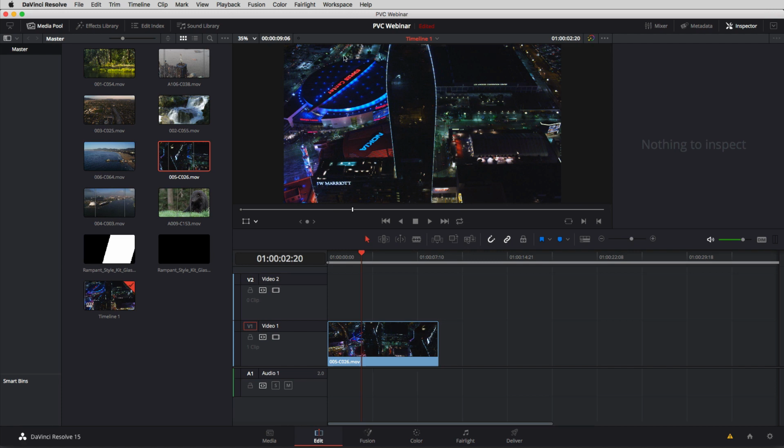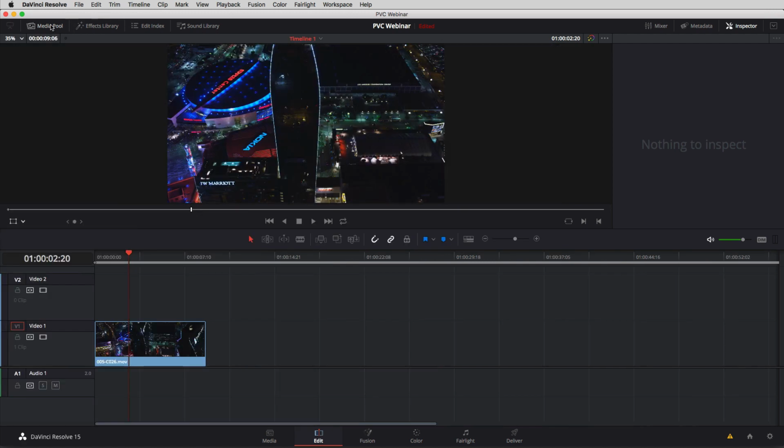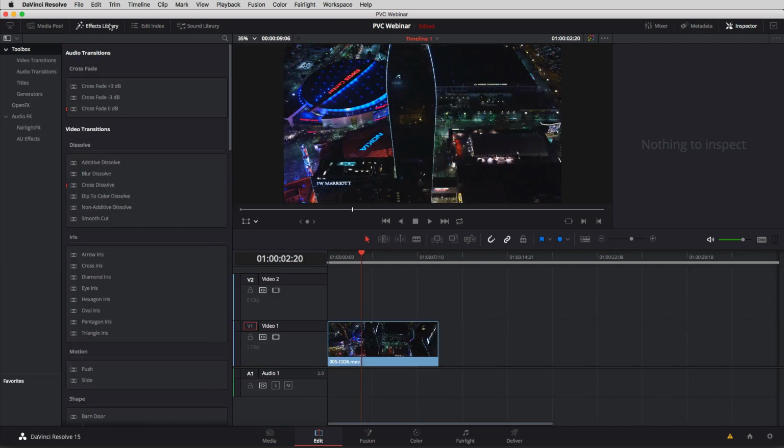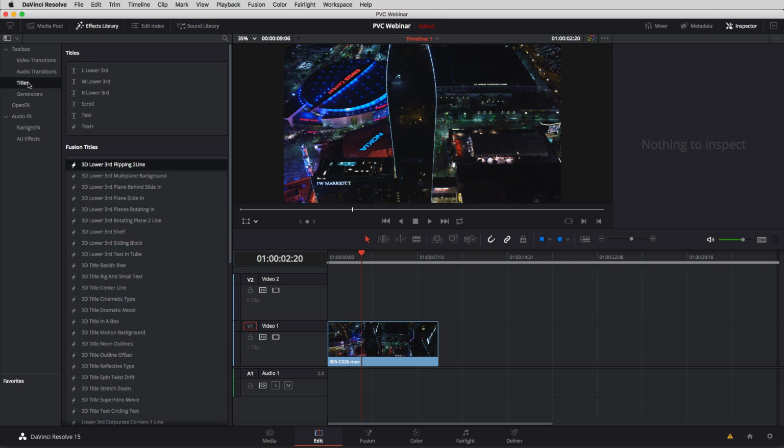All right, and to talk about this, what I want to do is I want to close the media pool and open the effects library. Now you'll see that by default I am on the toolbox, and what I'd like to do is head on down to the titles section. Now it kind of spoils it a bit as soon as I go into titles, and you can see that I have these standard titles, but more specifically for what we're talking about, I want to talk about the Fusion